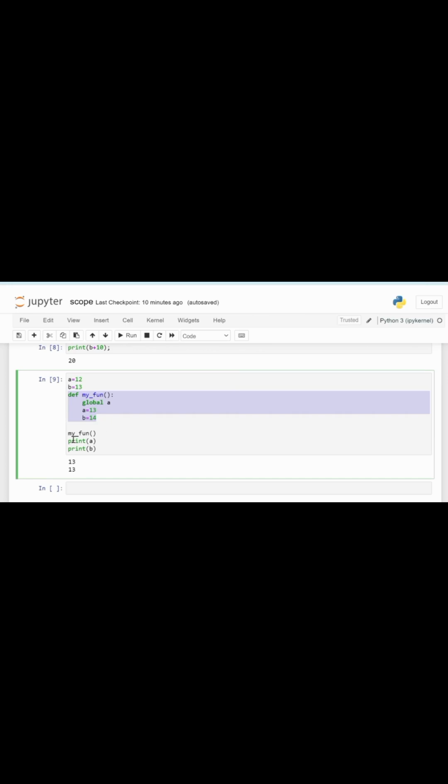So after closing that function, when we say print a, a will give us the last assigned value of a, and b will give us the first assigned value, because b was local and a was global. Hope this video will help you to understand the basic difference between